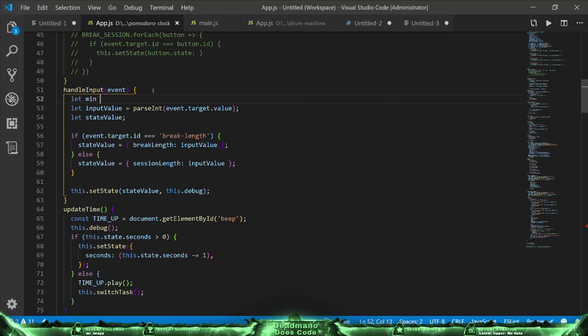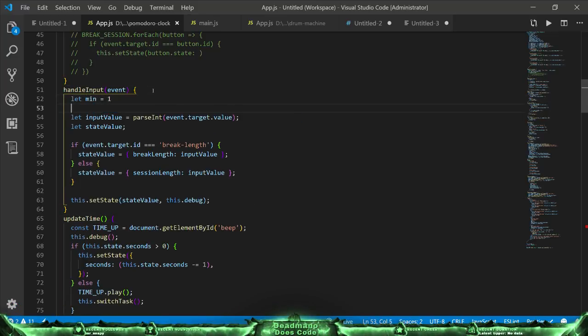So let min equal 1, let max equal 60. And then we get the input value and we basically check